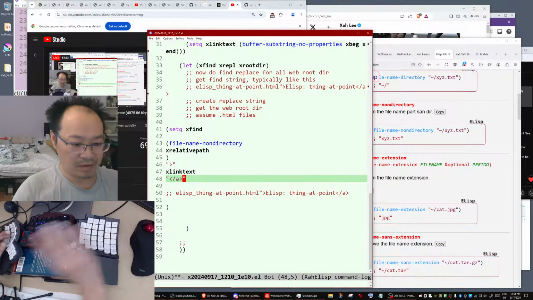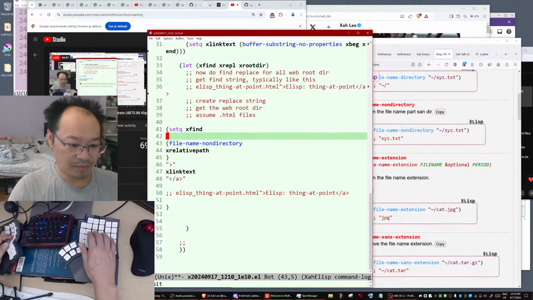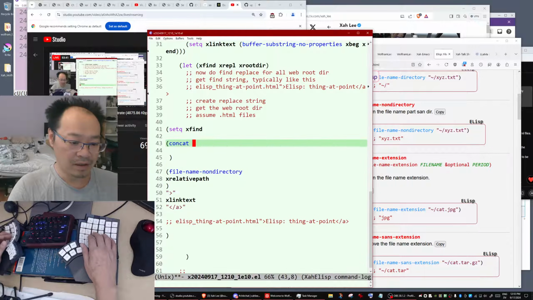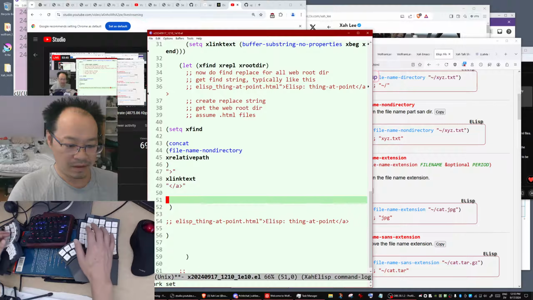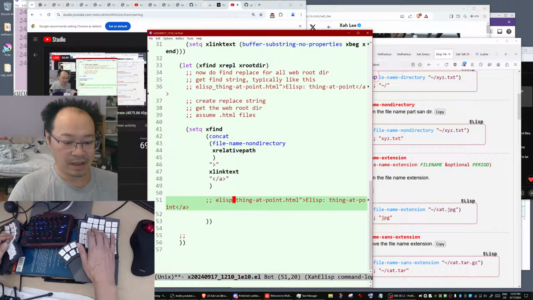So this whole thing you need to concat, join string. So cut that, put it here, prettify the code, so it's like that.